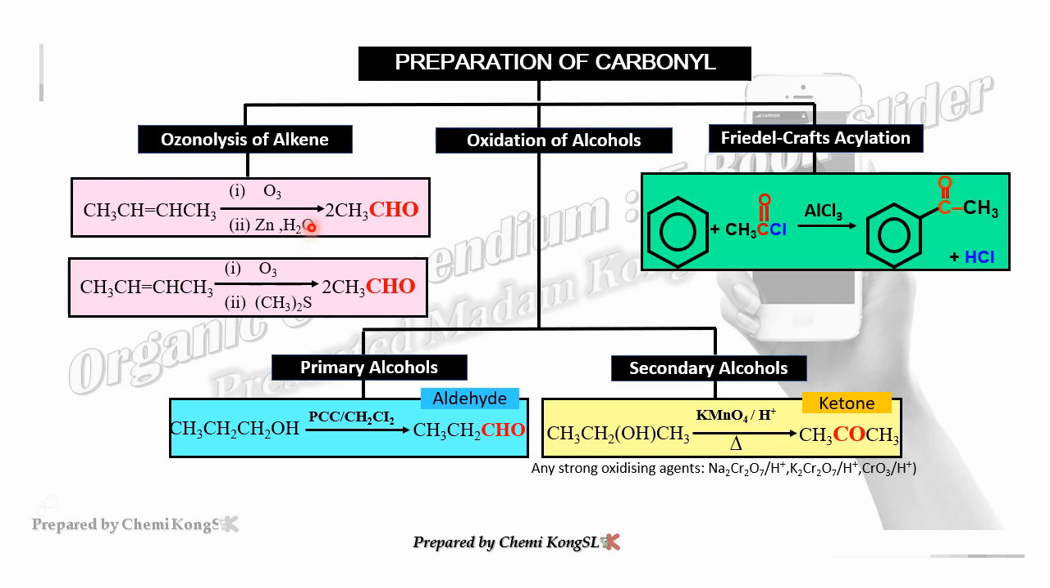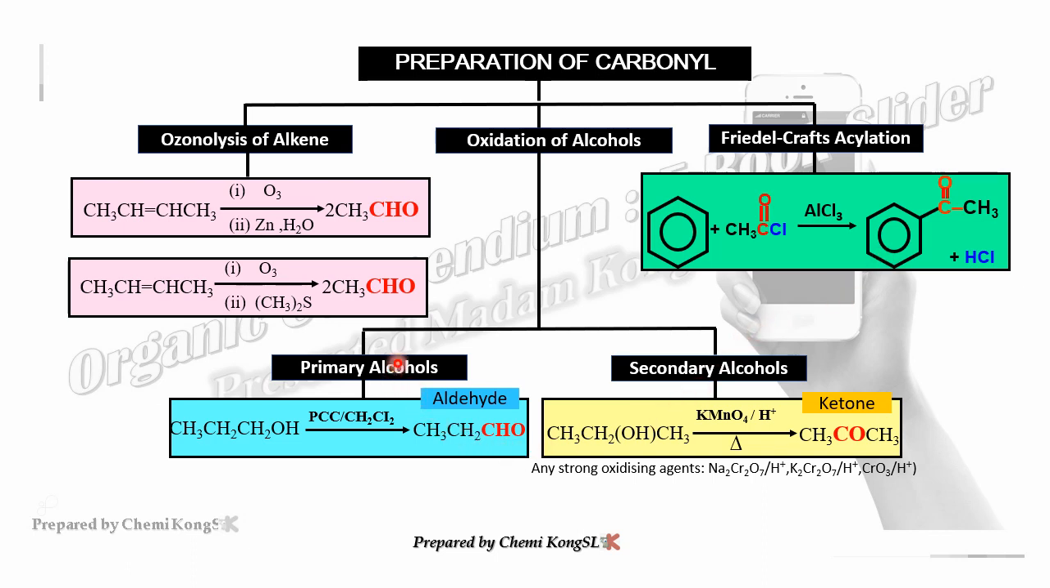Okay, next, this is Friedel-Crafts acylation. Do you still remember the type of reaction over here? Electrophilic aromatic substitution. So we are using the acyl chloride with the aluminium chloride catalyst, and then it will form the aromatic ketone only. So this is an aromatic ketone. Okay. And then the third method,